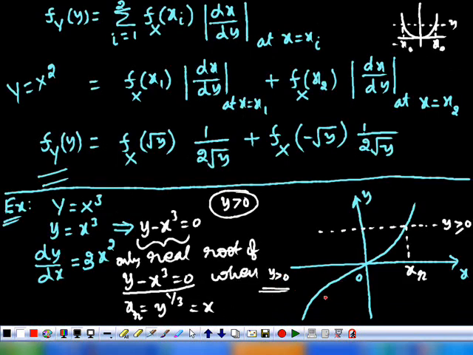Now come back to this again. If y is negative, so corresponding to some y value that is y less than 0, again we have some value on the x-axis. Again this x value is real. Is it right? Because it is on the same axis, but its magnitude is different. Of course, magnitude is same, but its sign is different. That's why I write again it as xr. The only difference between this xr and this xr is the sign. The magnitude is same. Okay.